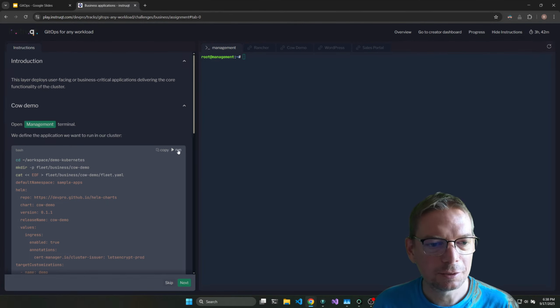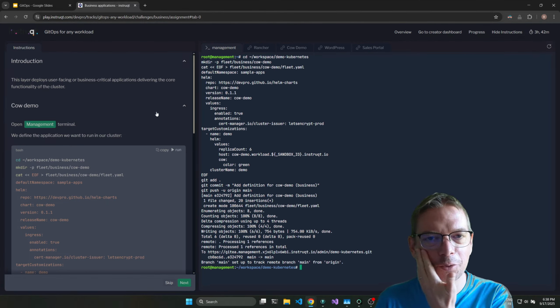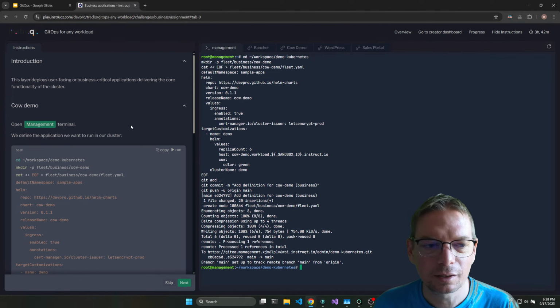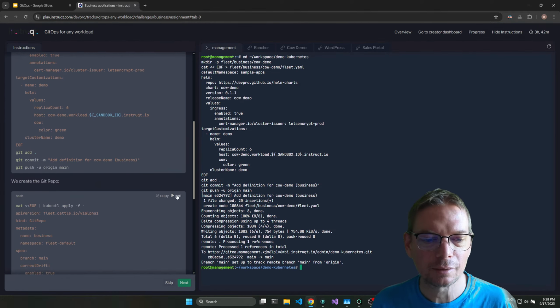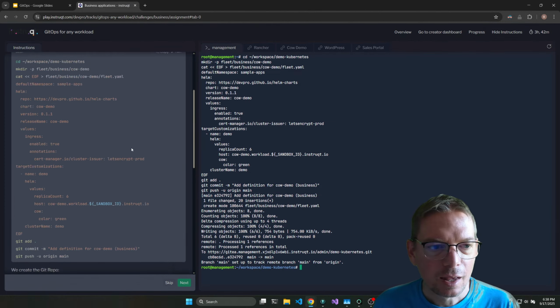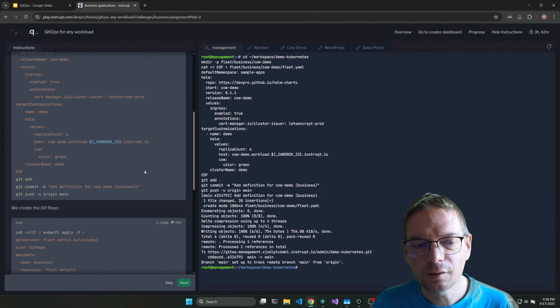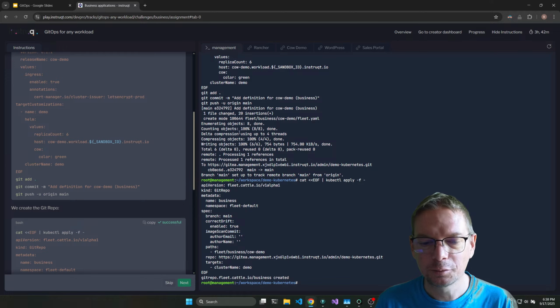The first one is, well, you may be familiar if you did a Rancher Rodeo. It's an application I really like, very good. It's open source, so this is why I take the liberty to use it. So it's basically a web application, stateless, but it's good enough to show what GitOps is.